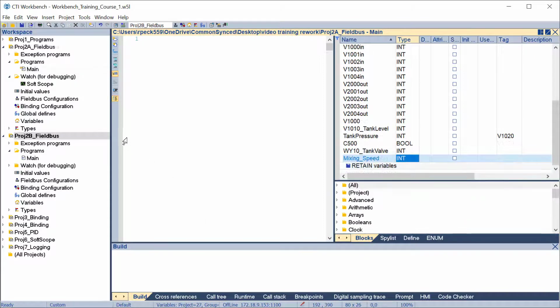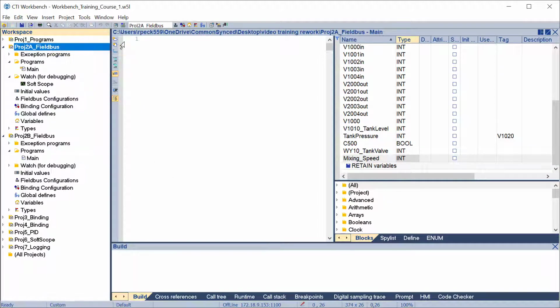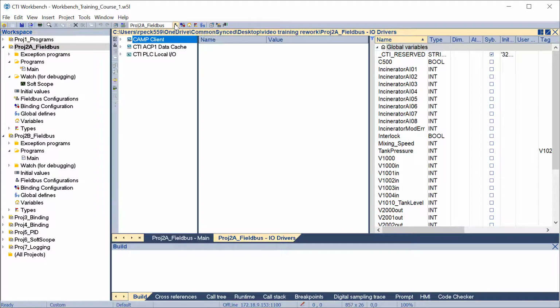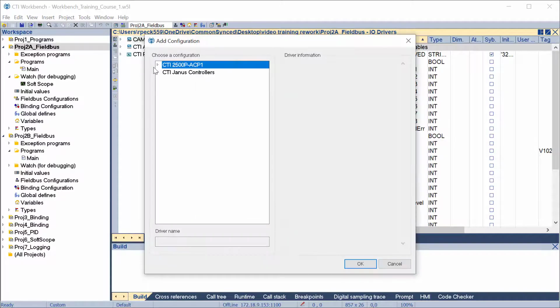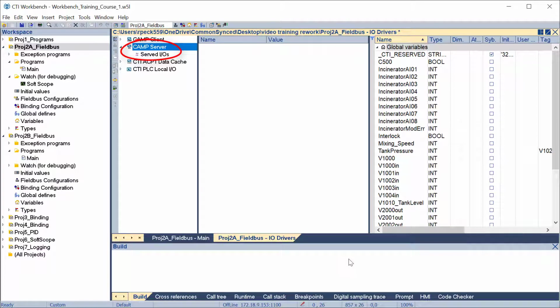To open the Fieldbus configurator, make sure you have selected the desired startup project, then click the Open Fieldbus Configuration icon. Then click the Insert Configuration icon on the Fieldbus Editor toolbar. The Add Configuration dialog will come up. Expand the CTI JANUS controller selection, and then click CAMP Server. Click OK to accept, and the CAMP Server protocol is added to the configuration, and the served IOs master port